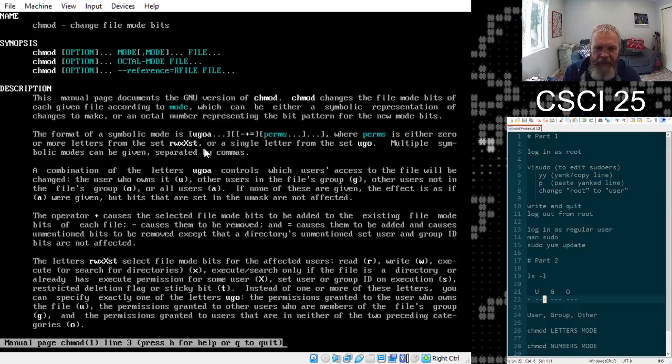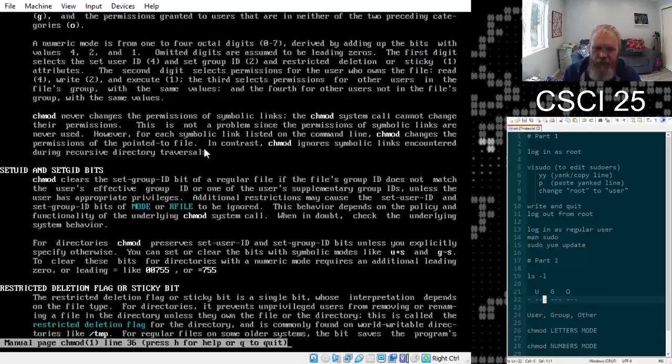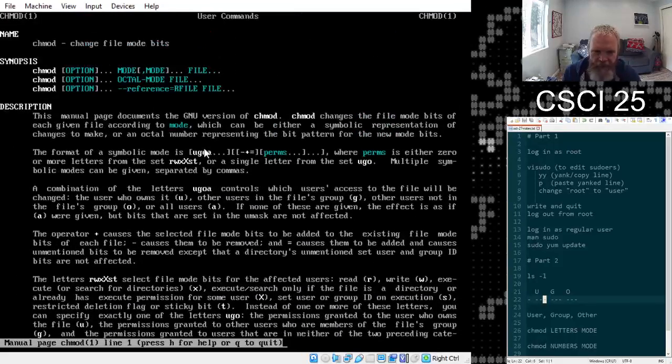If you read this, the man page doesn't feel all that helpful because it's really just a wall of words. If you read it carefully and you learn how to read man pages and make sense of them, then you can make it work for you. But don't worry if you look at the man page and you think, I don't know how to make sense of any of that. Let's just talk about it, and if the man page helps you, then it does help you. But the basic idea of the change mode command